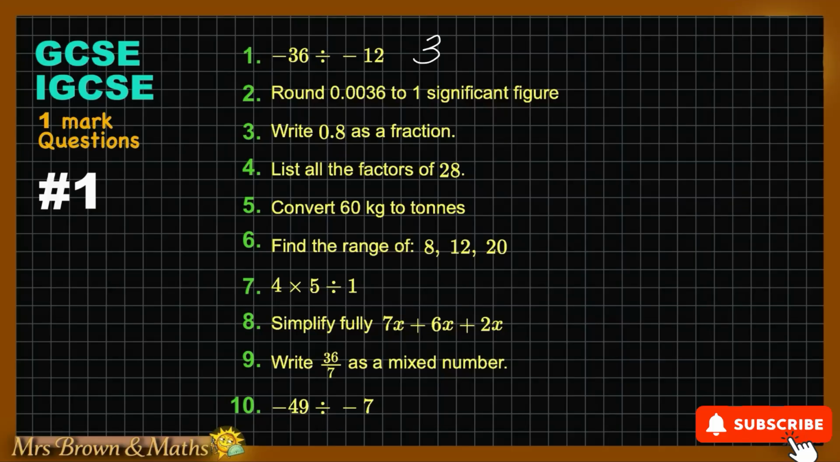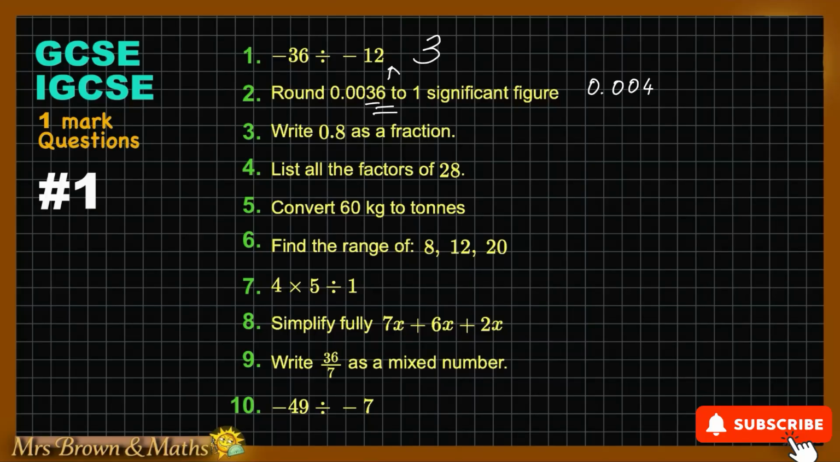Question 2. Round 0.0036 to one significant figure. The first significant digit is 3. The next digit is 6, so we have to round up. Final answer is